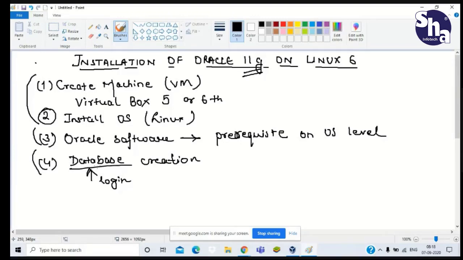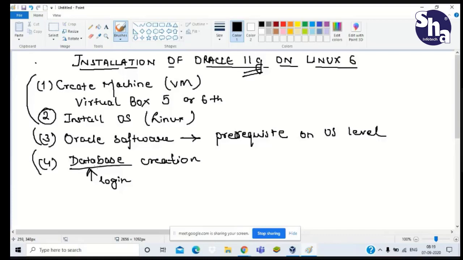Sir, is there any difference in the other versions? No, there is a little bit of difference, like an updated version or something like that. There is no such difference in VirtualBox. But most of the versions are not compatible with the PCs.